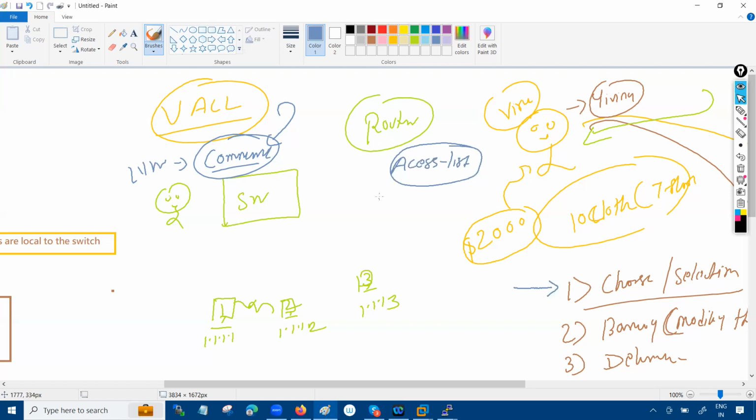So I can see that, hey, 1.1.1, I'm just going to give the command with the help of ACL. The network engineer with the help of ACL will give the command to the switch, hey, 1.1.1 should not communicate with 1.1.2. But 1.1.1, this is the statement that I'm going to create with the help of ACL, should communicate with 1.1.3. That's going to make a selection. So whenever the selection comes in the picture, any time,